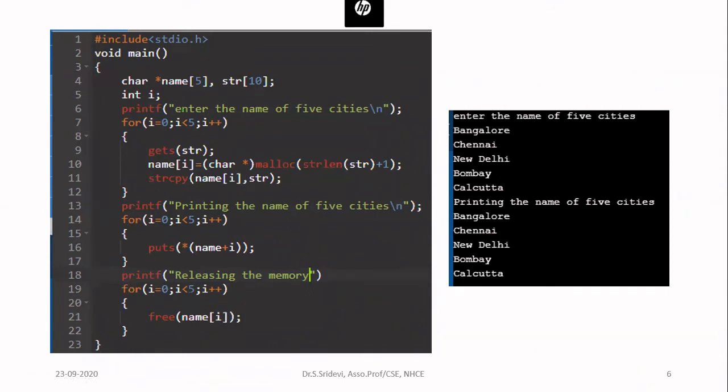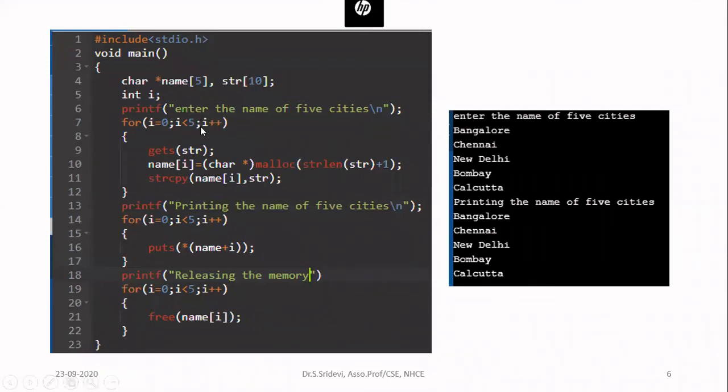Now you repeat this step for all the 5 cities one by one. Now, how we are saving the memory in this particular case is in line number 10, where we are allocating memory for our city name. There we are allocating the memory based upon the number of characters typed by the user. Then we are adding 1 to that. We never allocate any extra memory. Because of this, we save the wastage, we save the memory.